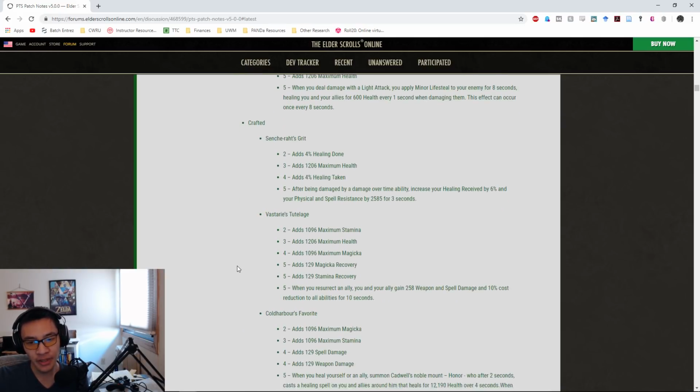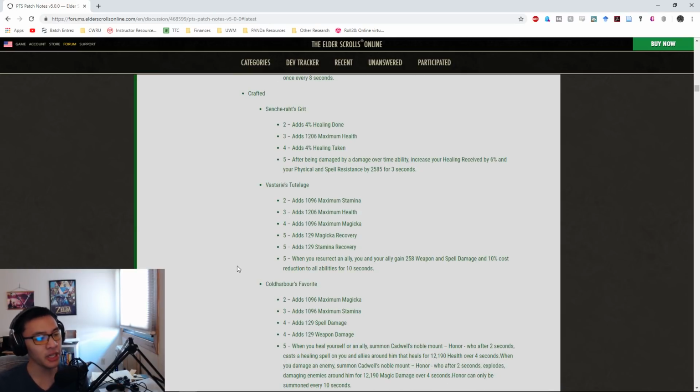Now the 3 crafted sets here, you can craft these in heavy, light, or medium, however you'd like. You will need to know a certain number of research traits in order to craft these sets. It does not state it here, but I believe all of the expansions have been 3, 6, and 9, or 4, 6, and 8. So that is most likely what's going to happen here. So you're going to need 4 traits for one set, 6 traits for another, and then 8 traits for the last. The first set is going to be Central's Grits, so it adds 4% healing done, max health, healing taken,